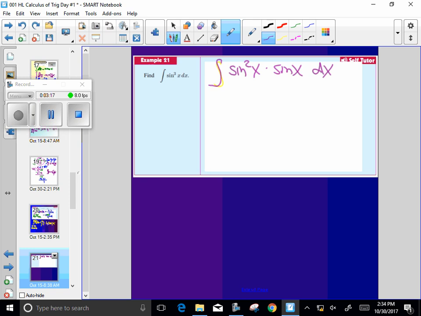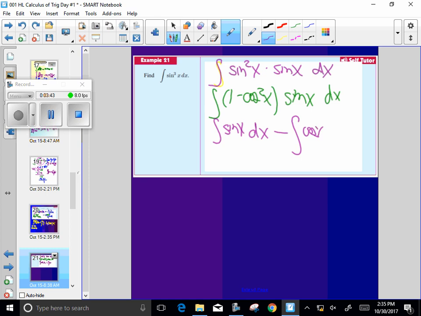Any idea? Sophia, any idea? I would really like to have a cosine-sine combination. The sine squared is 1 minus cosine squared dx. And then if I multiply this out, I'm going to have two integrals, sine x dx and cosine squared x